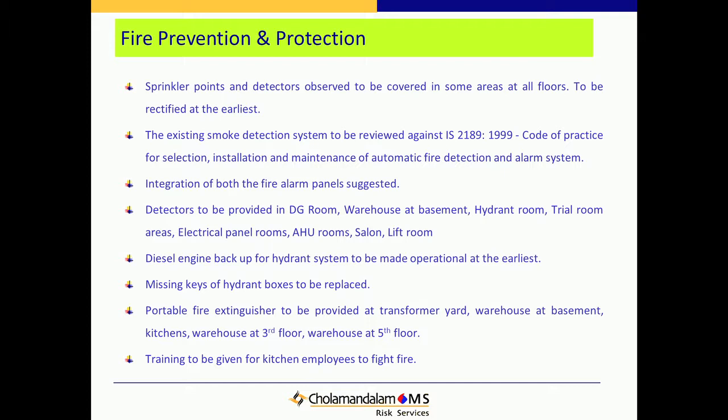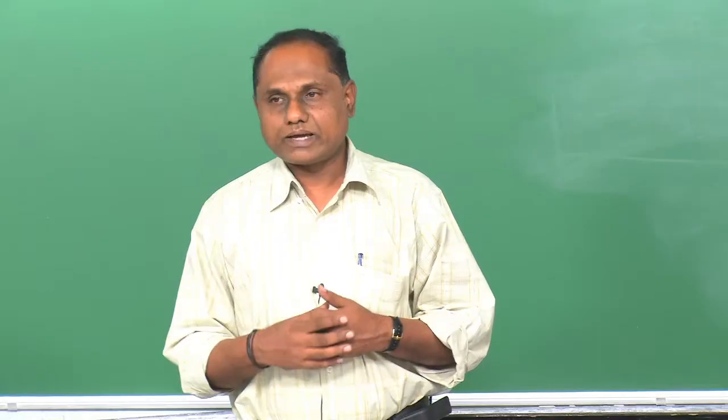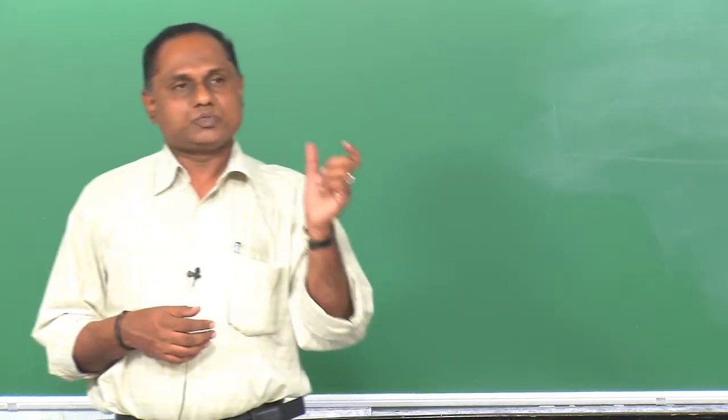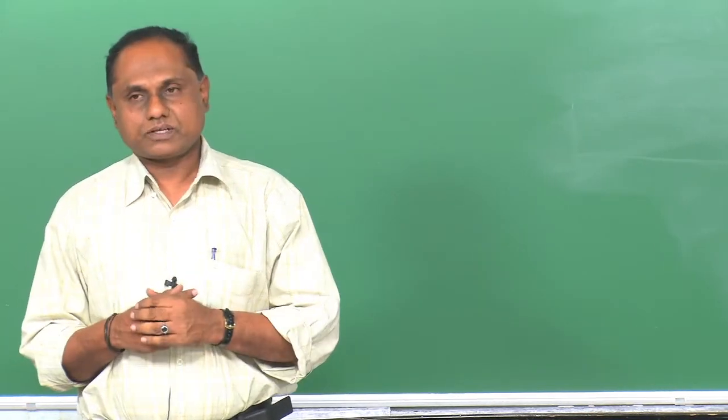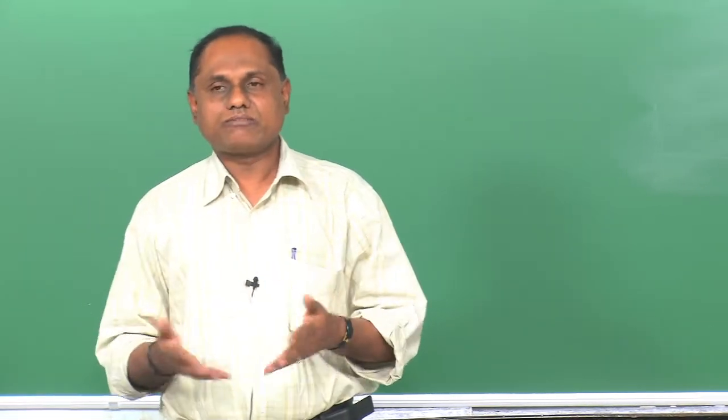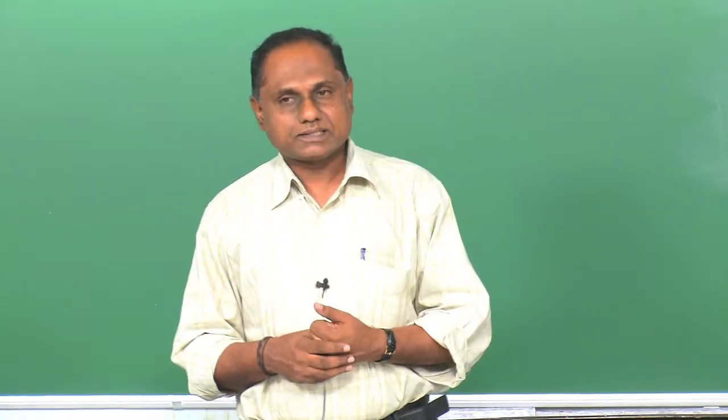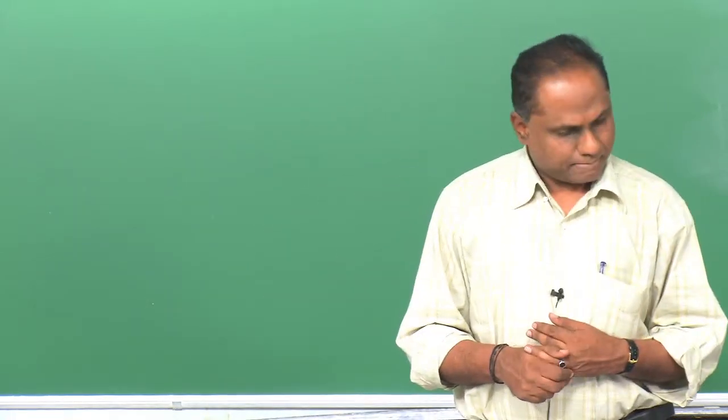In case fire happens, the first thing you do is cut off the electric supply totally, otherwise it will lead to fire spread, and it can also lead to shocks. Then how to fight the fire? You need to firefight it. So when you cut off the electric system, how will the fire pump run? For that, as per NBC norms, you need to have a separate emergency DG pump. That itself was not there. So when you cut off the power, you will not have water to firefight. That is one of the critical things. They don't have a DG operated fire pump.